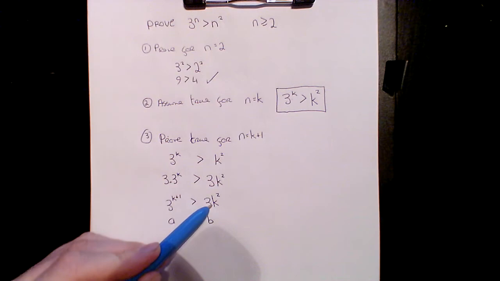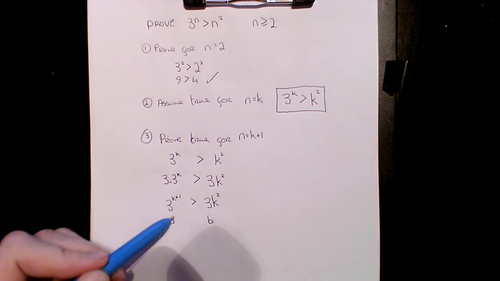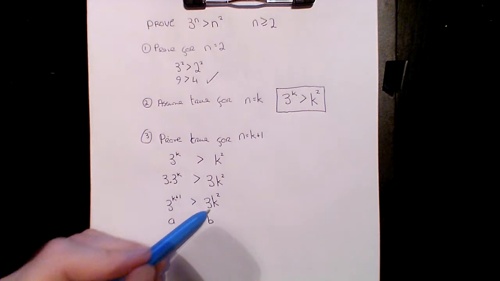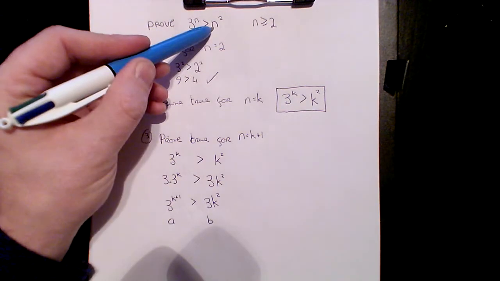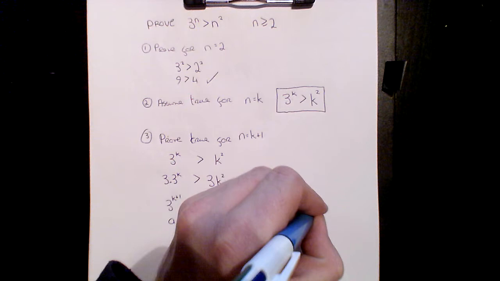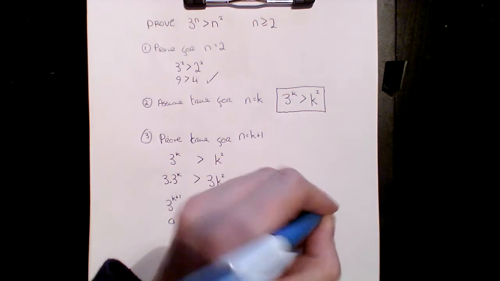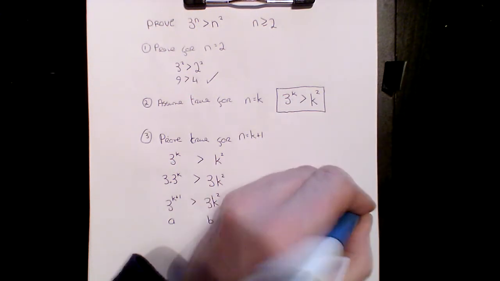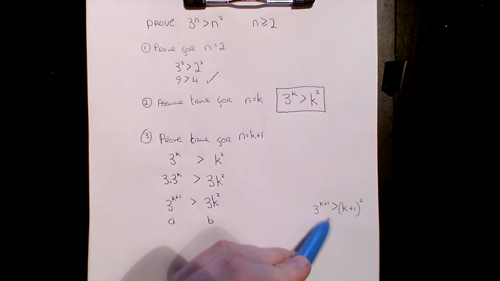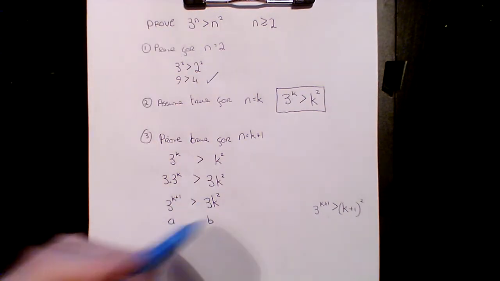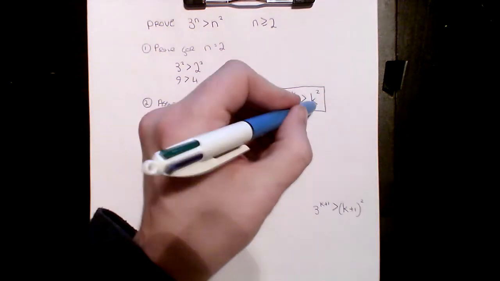I know a is greater than b. Problem is, this, fair enough, is greater than that, but that is not the same as that. That's not a k squared. What I want to prove is that 3^(k+1) is greater than (k+1) squared. Okay, because that is when I put in the k plus 1 for n. That's not doing that for me. However, if I look up here,